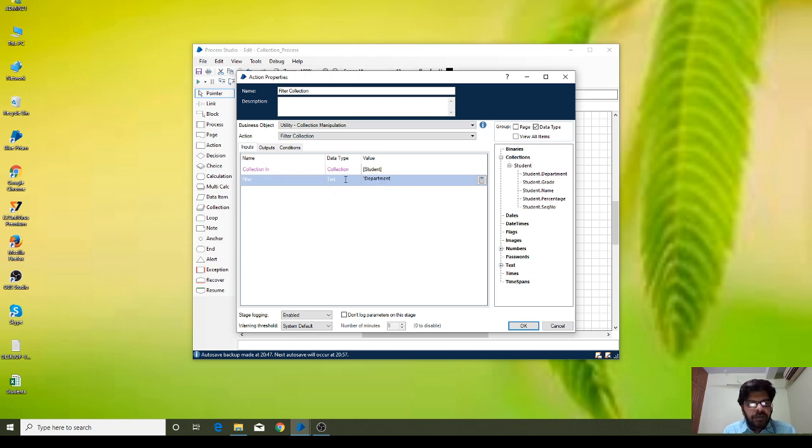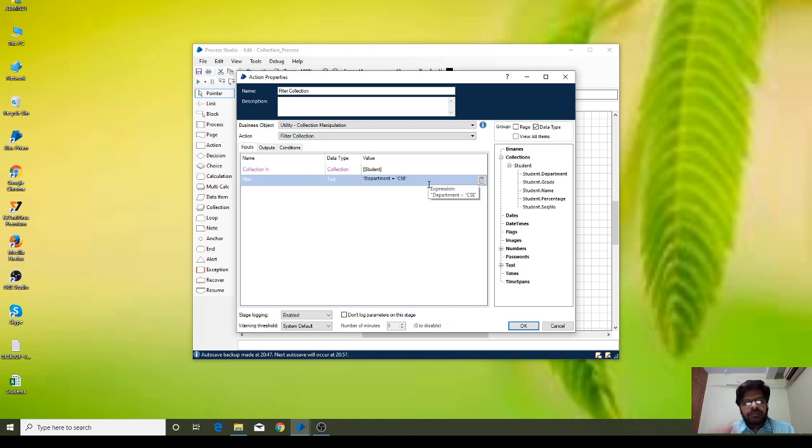Here we have to provide a text input. That is the reason I am using double quotes, then the column name, Department, then equal to. Using which value are you going to filter from this collection? From this Department column, I am going to filter the value CSE.